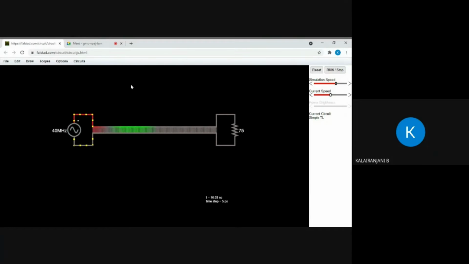So this is a simple circuit using a transmission line. Normally, when analyzing a circuit, the length of a wire is not important. But in this case, the frequency is high enough that the time it takes electrical energy to cross the transmission line is longer than a single cycle. You can actually see the values in the bottom. And we can also adjust the simulation speed and current speed here.